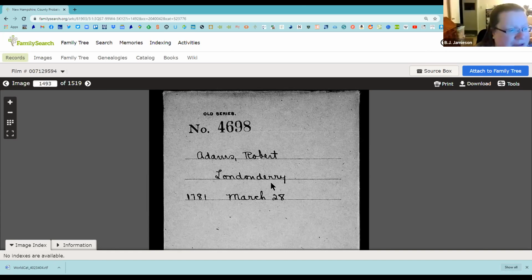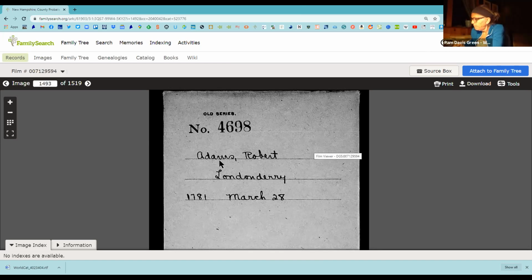So I would try to put Londonderry, Rockingham, because that helps if there's a Robert Adams from a different town who happened to die about the same time. It would help you distinguish between the one from Derry and the one from Londonderry. Then I would put his name, then this number,